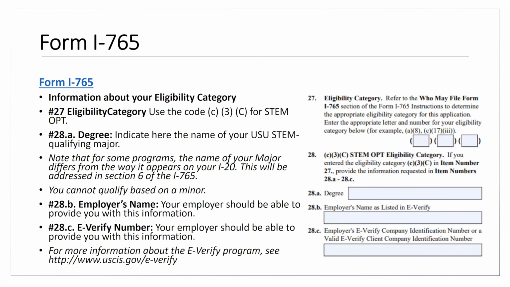Now, when we look at the eligibility category, when we were looking at those instructions, we talked about C3A, C3B, C3C, and it all sounds like we're talking in a different language. But you're going to be putting that eligibility category on item 27. So if you're applying for post-degree OPT, you're going to put in number 27, C3B. Now, if you're applying for that STEM extension, in number 27, you're going to put C3C,